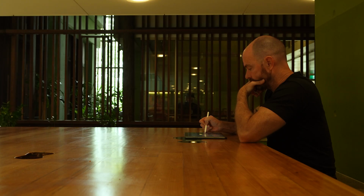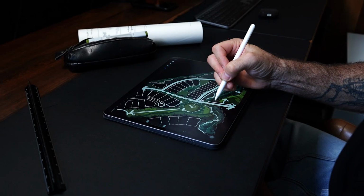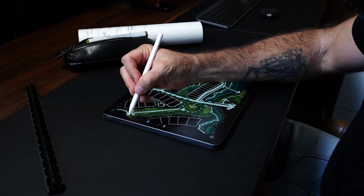As an example, I used to have a slightly different setup for my everyday carry, which was slightly larger. That was essentially to allow me to take my iPad with me wherever I went, because it's something that I use a lot to sketch out ideas and jot down notes and bits and pieces when I'm in the studio. So the thinking was that I wanted to have the iPad with me in case I was in a cafe or had a spare moment, and I could just sketch and jot out those thoughts in the same way that I would within the studio,